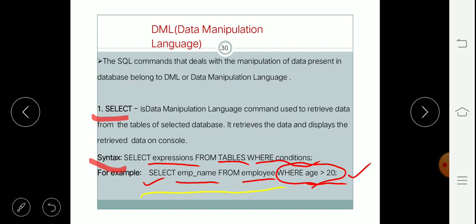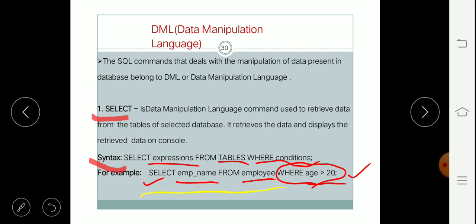If I execute only this much of the query, it will retrieve all the records. Let's say if my employee table has 100 records, then it will retrieve the data of all 100 records if I am not using the where clause. But if I use the where clause, then it will specifically retrieve the data of employees whose age is greater than 20. In this way we can use the select command.